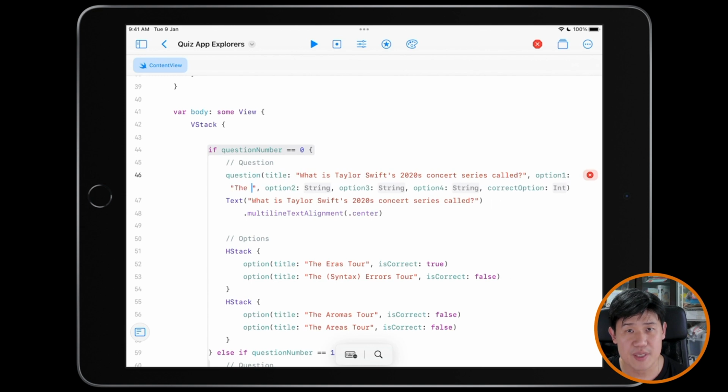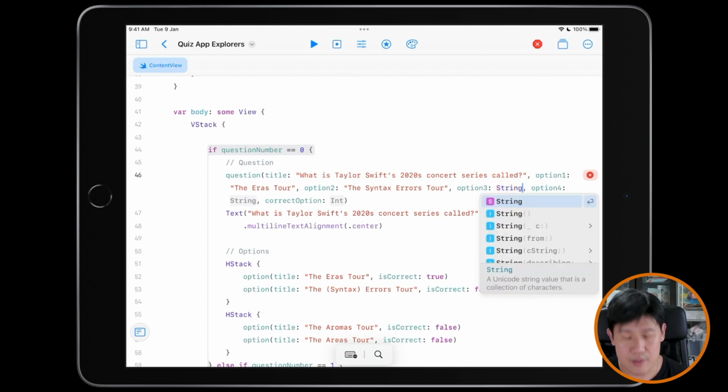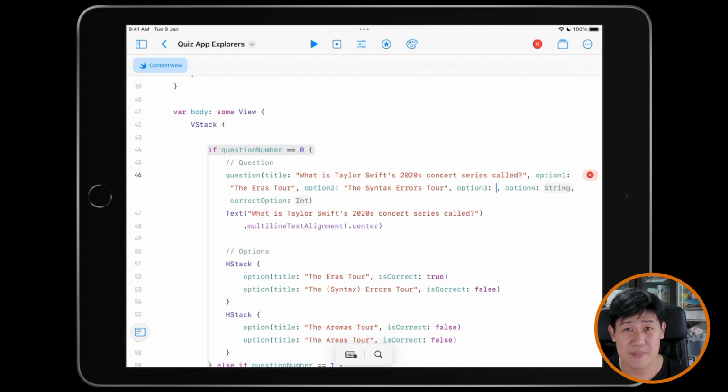Right, so I'm just going to say the errors were over here. The syntax errors were. I missed out on brackets, but that's fine. This one, if you press enter, you'll just accept string, which is not correct. The aromas were, and the last one is